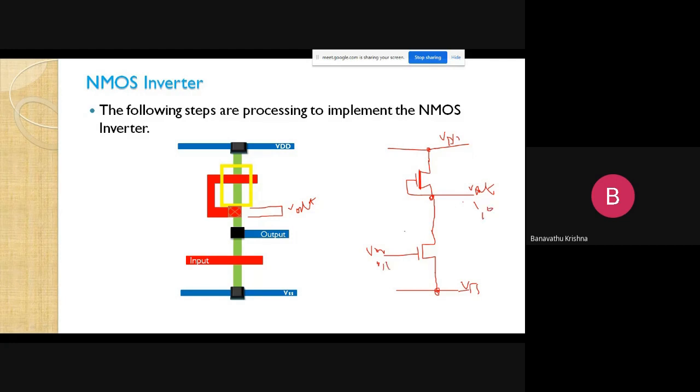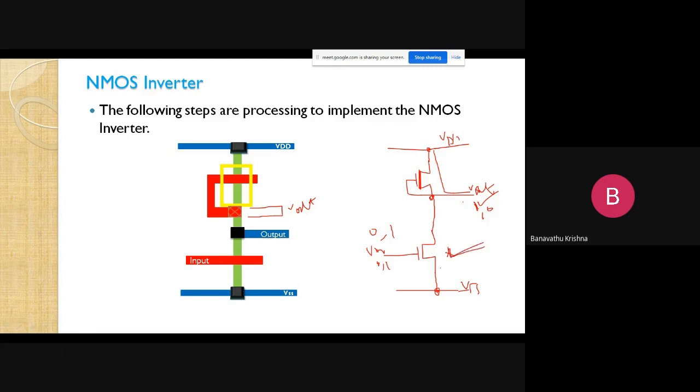We already discussed this concept in previous classes, and now I want to discuss it again. If the input is 0, then this device is in the off condition, and the other is already on. There is a connection between Vout and VDD, so we get output response 1, that is nothing but VDD. If the input is 1, then this device is on, and the other is already on.